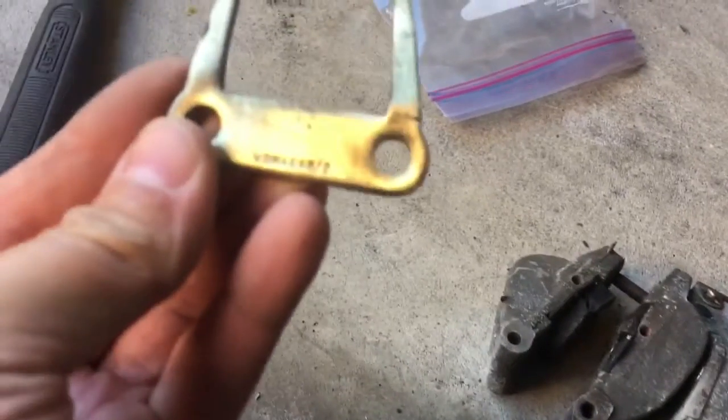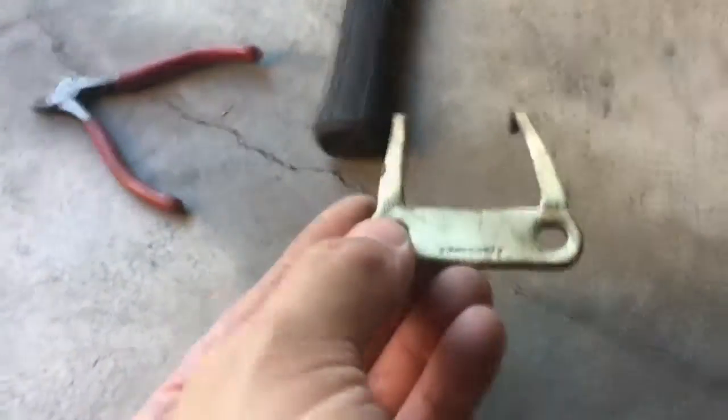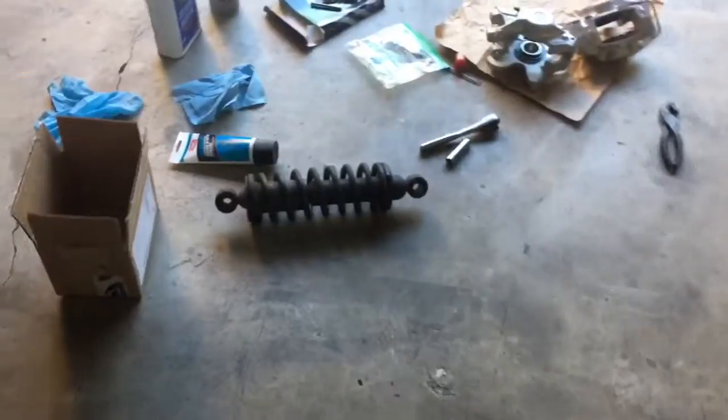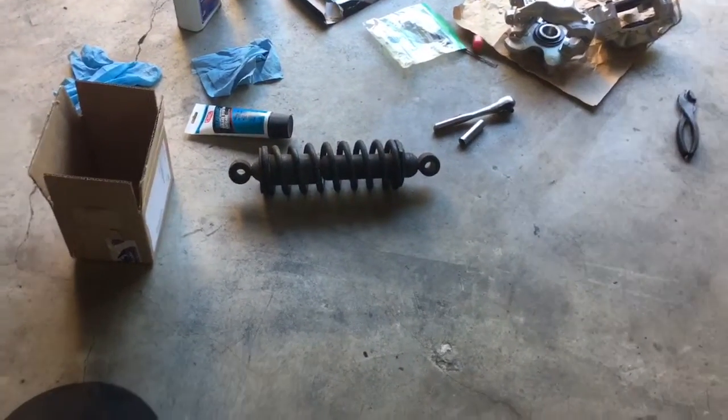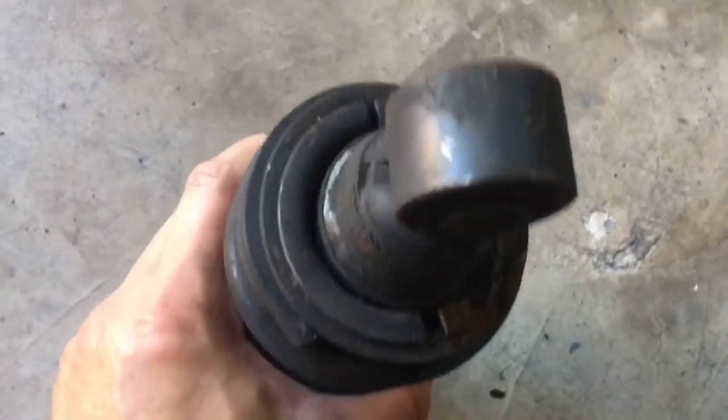So I'll definitely need to replace that one. I have to look at the other one now to see what it looks like. All right, so I'm gonna take the spring off the shock. They're held on with those things there,